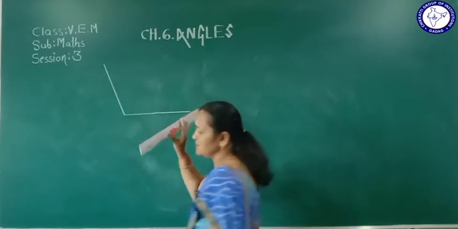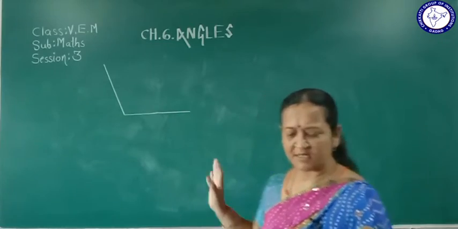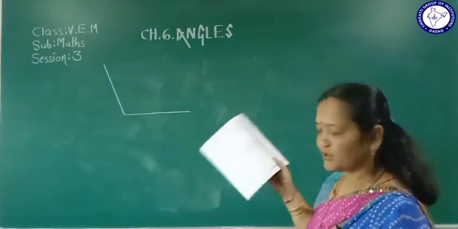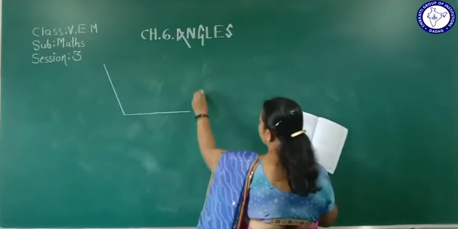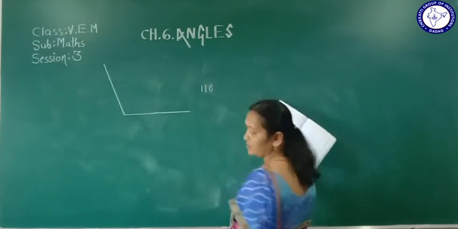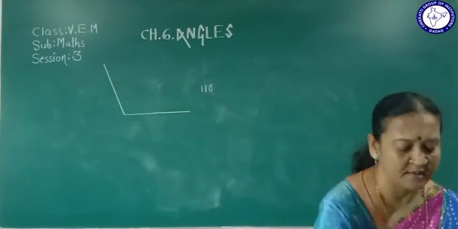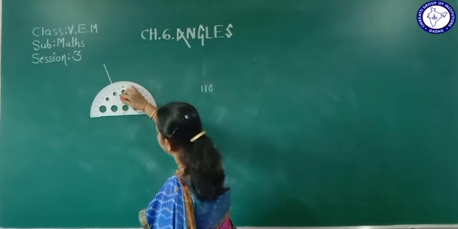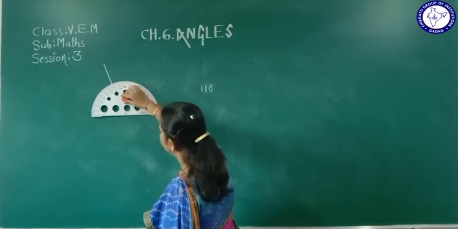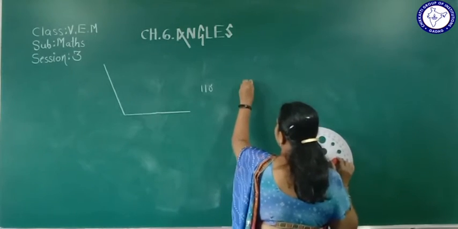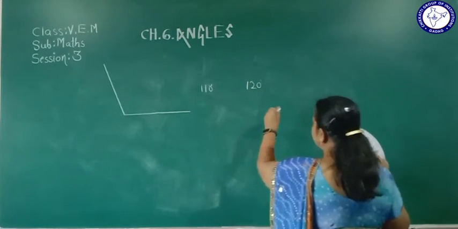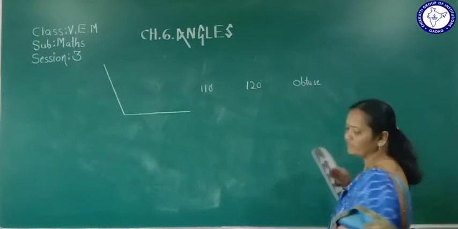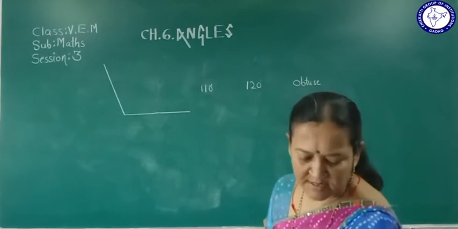You have to tell one number. This is obtuse angle, isn't it? So here which type of angle it is? It is obtuse angle. So first let me tell, it may be 110 degree. Okay, but if you measure with the protractor, what you will find? Actual measurement is 120 degree, and which type of angle it is? It is obtuse angle. Similarly, what you should do? You should measure those angles.